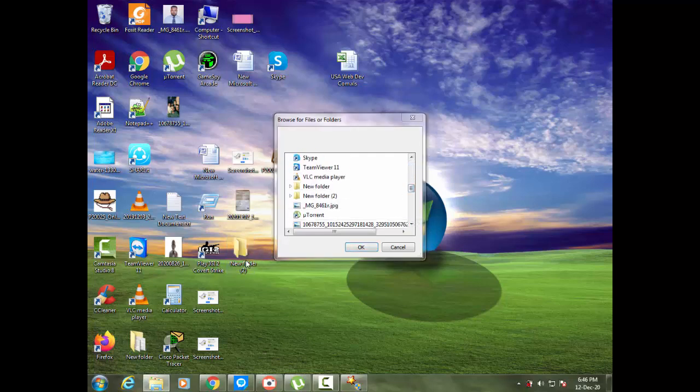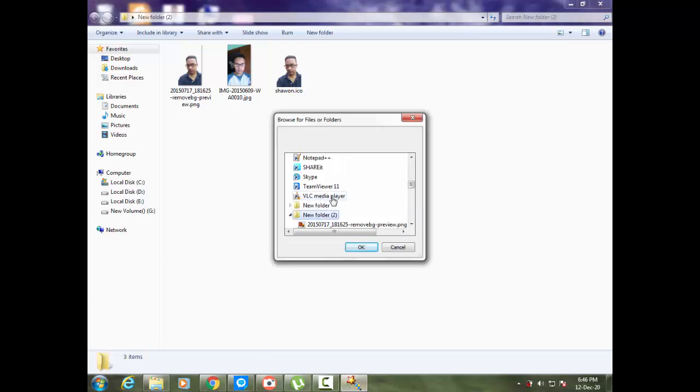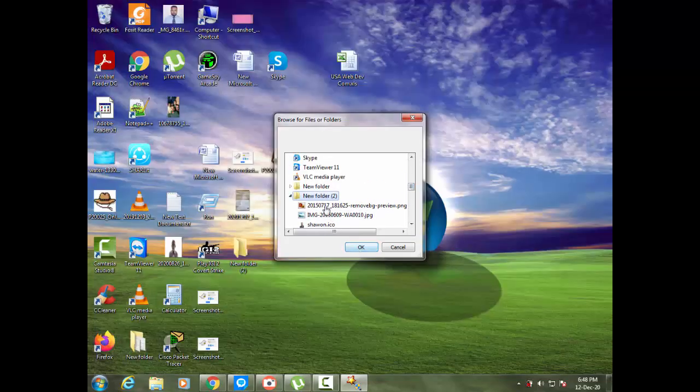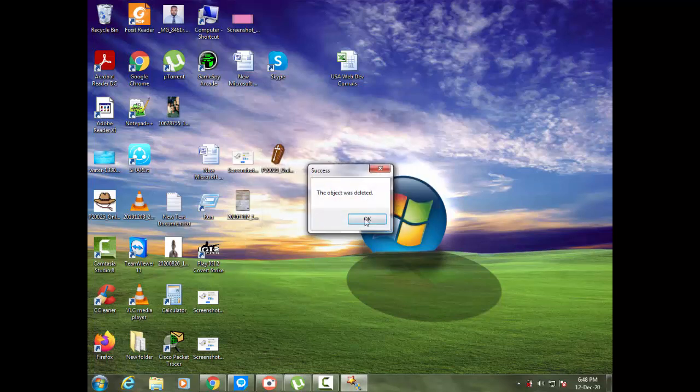My folder name is New Folder 2, and here I will select New Folder 2, and this folder contains 3 images. Now I have selected this folder, New Folder, and click OK, and here no action. As I want to delete this folder, I will select the delete option and then click OK, and the object